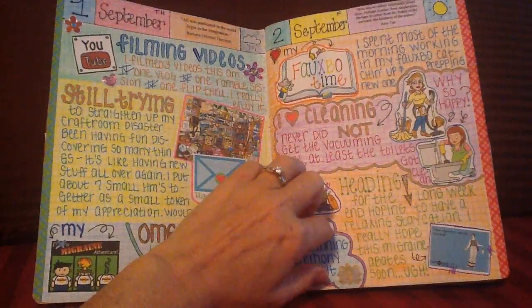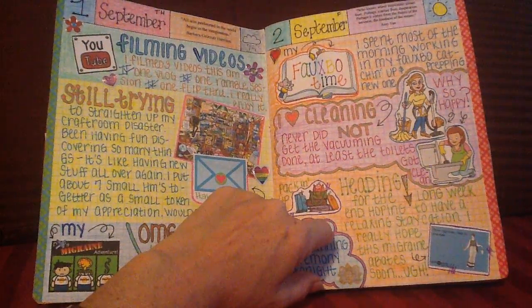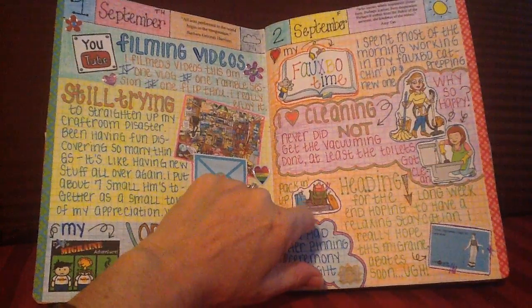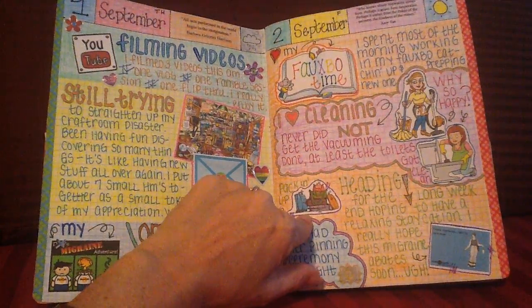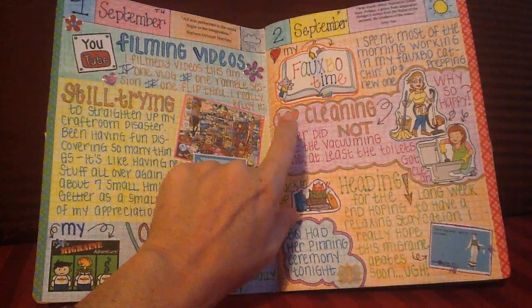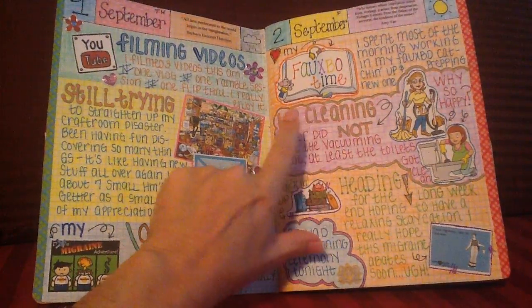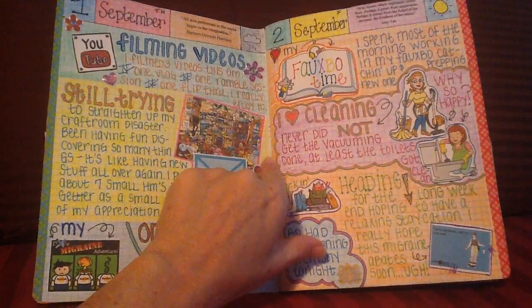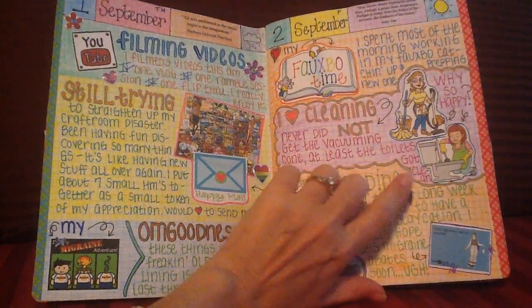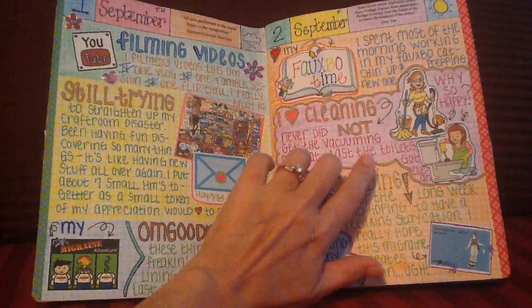And then this day here was a Friday. We did head down to the Keys for the first time in a while, I think. I'm not sure. I can't remember. But I did spend time in my craft room in the morning, and I got some Fibonacci time in. And then I was supposed to clean that day, and I was wanting to clean that day,